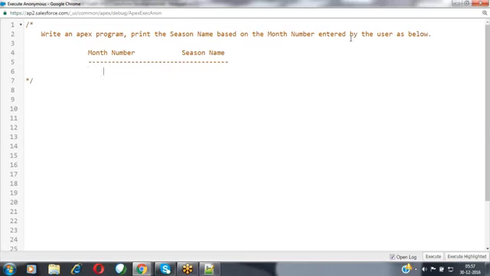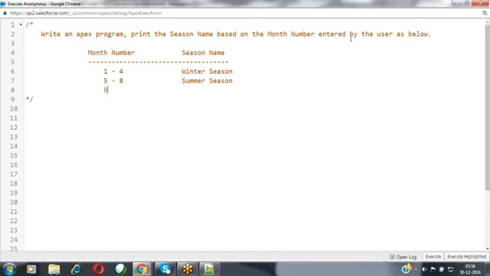If the month numbers are between 1 to 4, I want to display the winter season. If the month numbers are between 5 to 8, I want to display summer season.